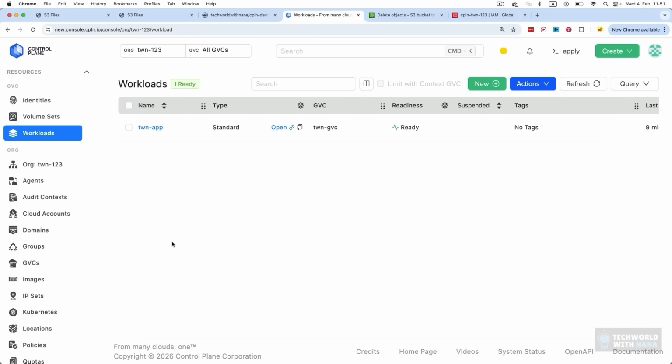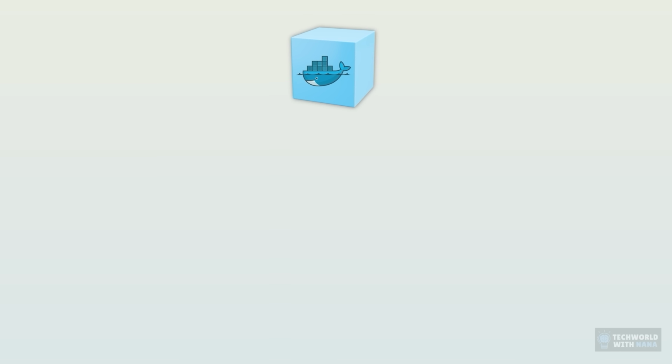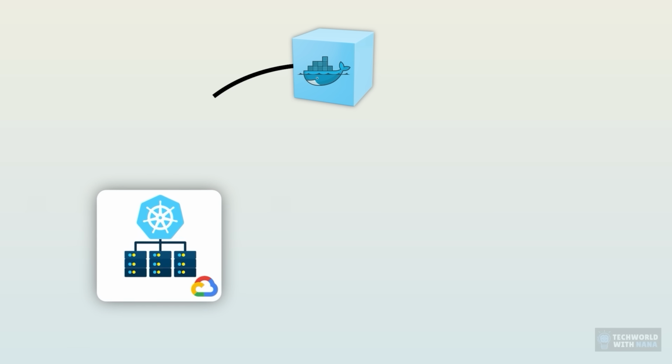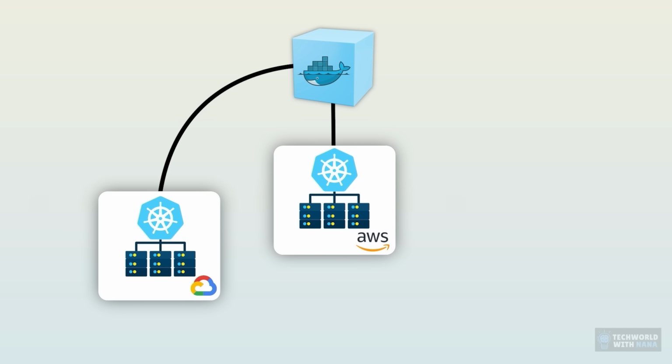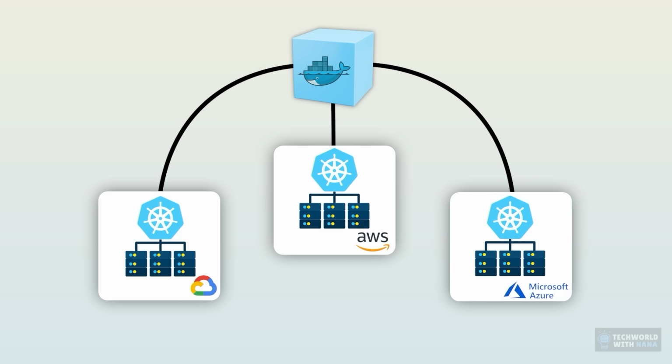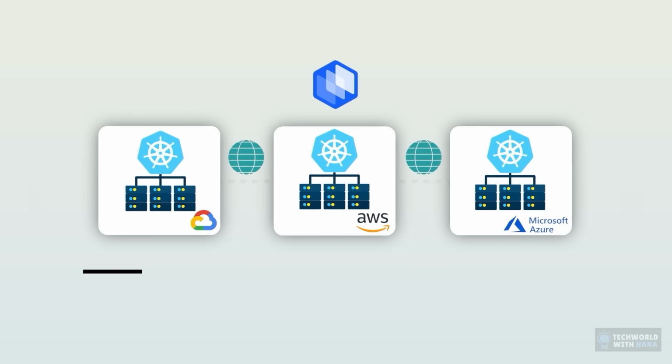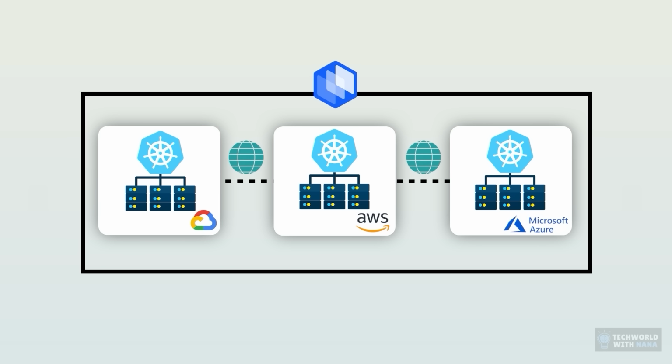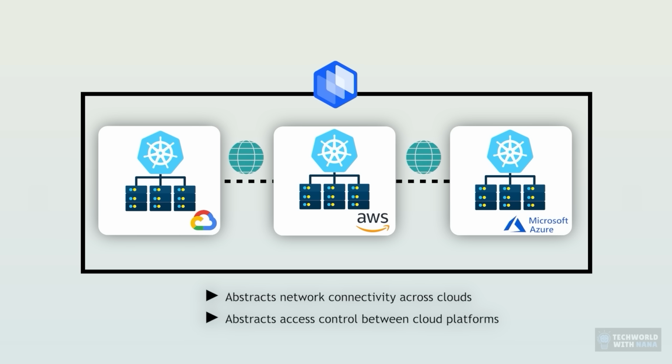Awesome. So that's how simple it was to take our Dockerized application and deploy it as a workload across Kubernetes clusters on multiple cloud accounts, which we didn't even have to set up by ourselves. So if you want to test it out or try it out, it's actually simplest to get started because you can get started with control plane managed cloud providers in the background. And with a very simple use case, you actually saw how control plane abstracts away the network connectivity between different regions on different cloud providers, plus abstracts away the access control between cloud platforms, which are two very important concepts when you're talking about multi-cloud.